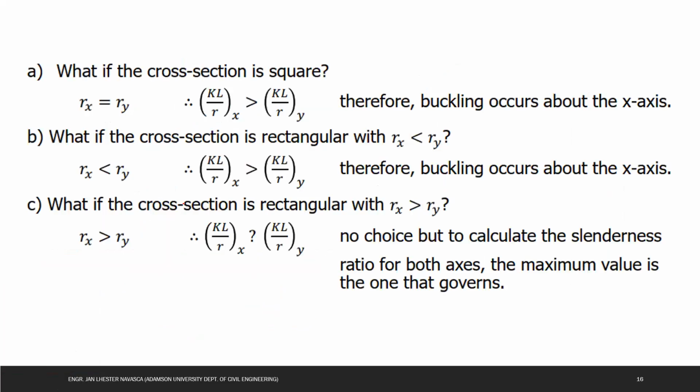So the question is, what if the cross section is a square? Okay, what if the cross section is a square? So take note that if the cross section is square, your radius of gyration Rx and Ry is the same. So therefore, since you have KL in the x-axis, that is L, and your KL in the y-axis,